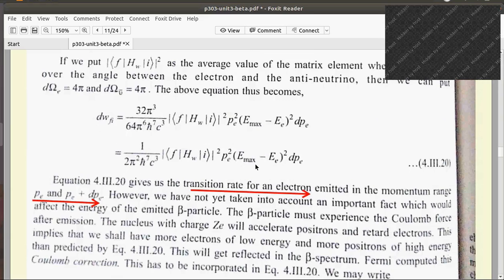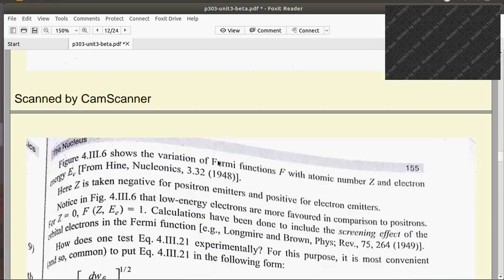So if we take these three to the left hand side, that is divide dW_fi by 1, 2 and 3, then what is left is